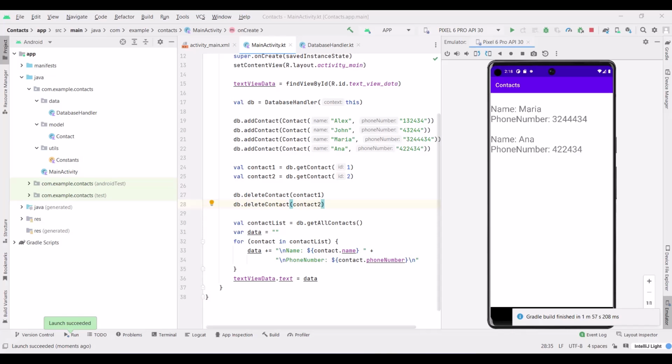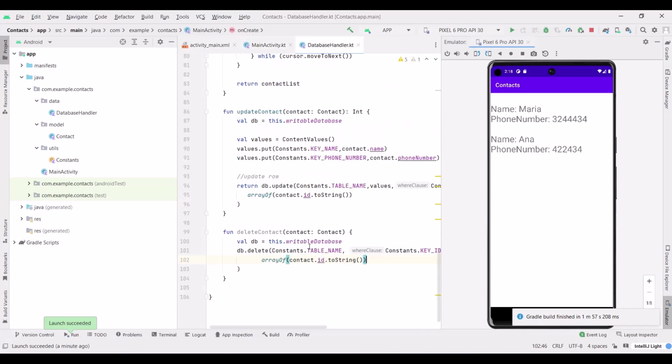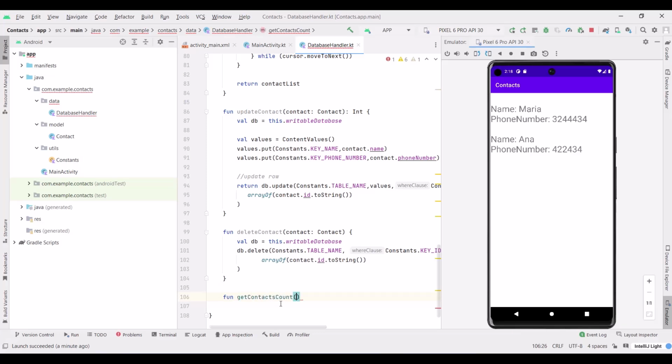Now let's add another function, and we're gonna add the get contacts count function. So I'm gonna go inside database handler. I'll type fun get contacts count. It's going to return an integer, which is going to be the number of the contacts. I'm going to type here val count query